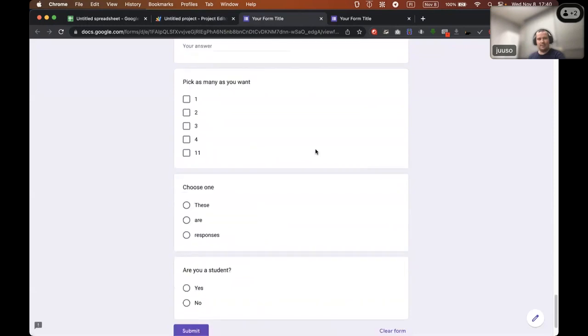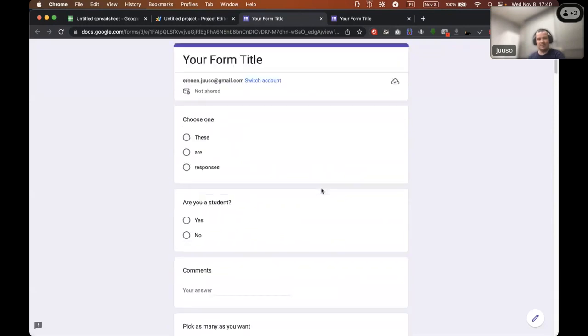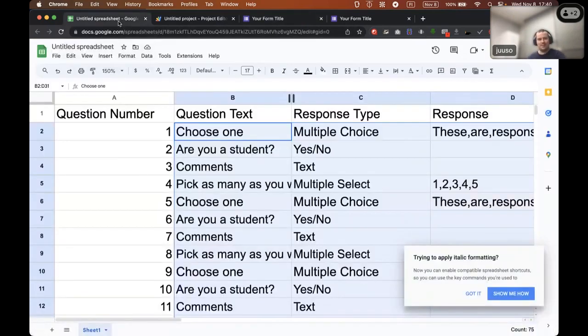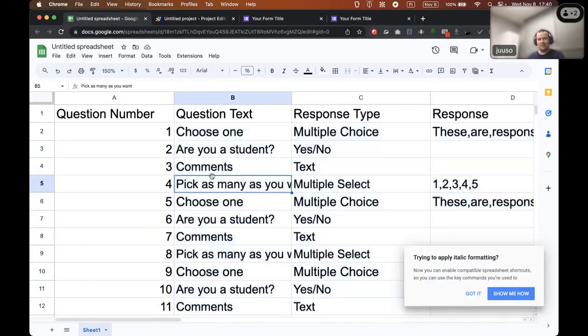And yes, now we have a form with 30 questions. I think this is especially helpful if you need to make a questionnaire that has many, for example, hundreds of questions. You can create this spreadsheet using, for example, a script of some kind. For example, in Python, you can create this